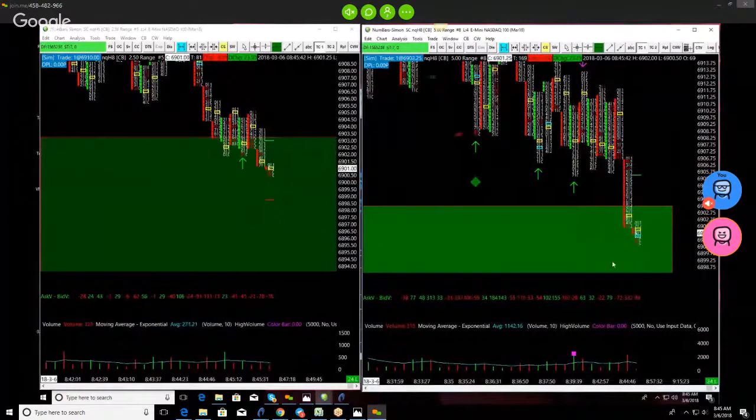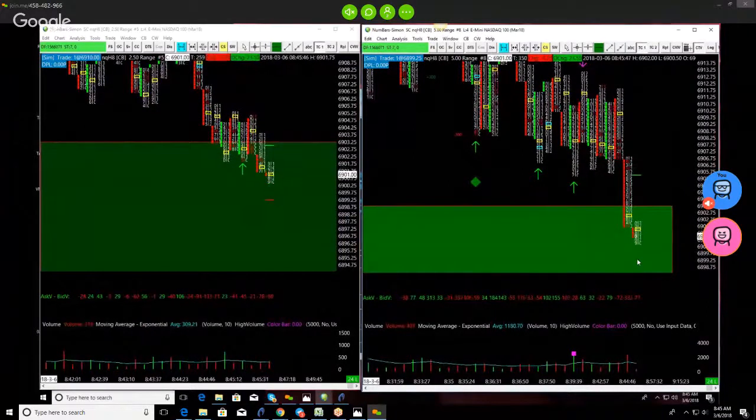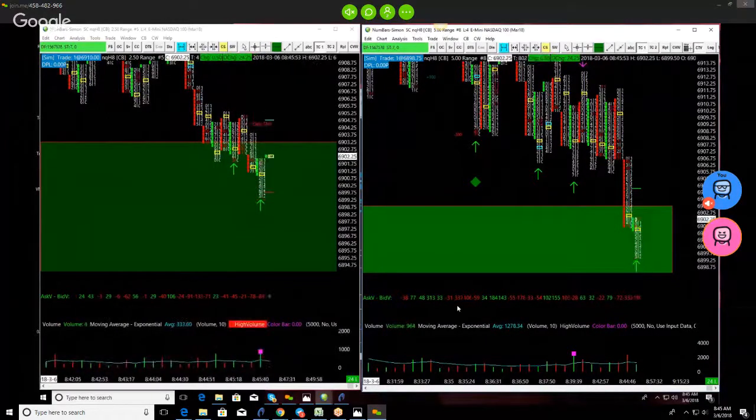Okay, so I'm not getting long yet. I'm just showing you how I would scalp this. It's still early in the morning. I'm not doing anything, right? But I'm watching the delta pushes down. So see that 332? That's about my heaviest push down that I've had this morning, right? See that 332? Point of control is right here.